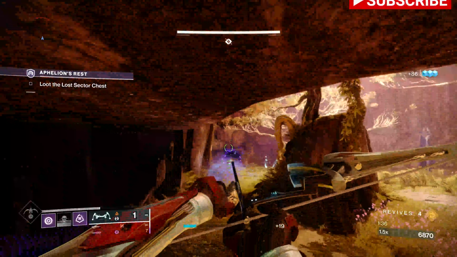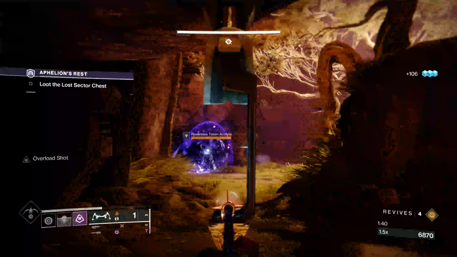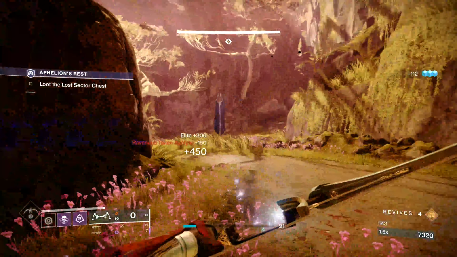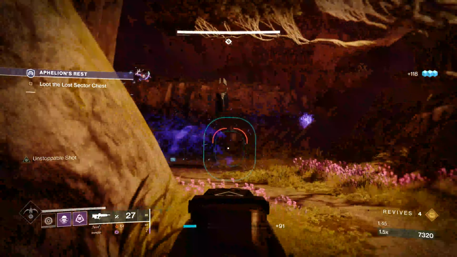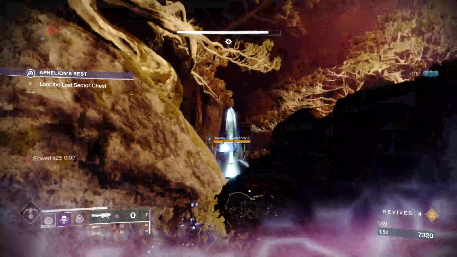So all the Thrall are dead. I've got some heavy on the ground, but I've got 7 in the mag. I use my Void Grenade here to kill this guy, and perfect, he dies. There's always 2 Thrall that try to hide behind the rock to my right, and the Overload is always up there near the purple